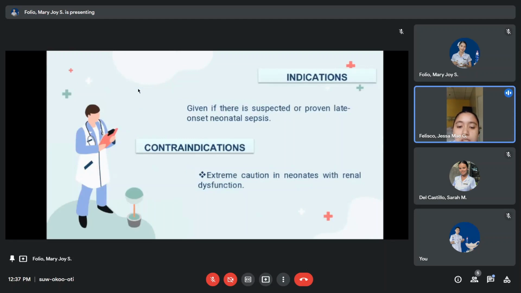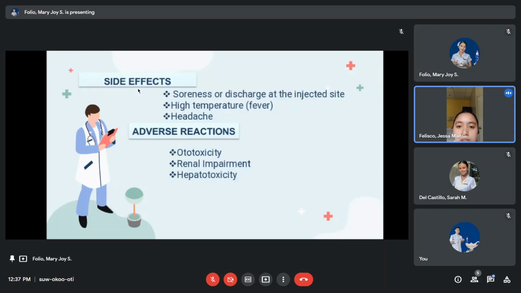For the indications, this is given if there is suspected or proven late onset neonatal sepsis, and for contraindications, extreme caution in neonates with renal dysfunction. Next slide, please. Okay, for the side effects, we have soreness or discharge at the injection site, high temperature or fever, and headache. For the adverse reactions, we have ototoxicity, renal impairment, and